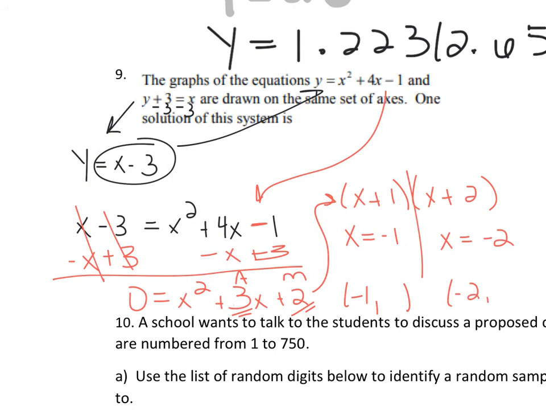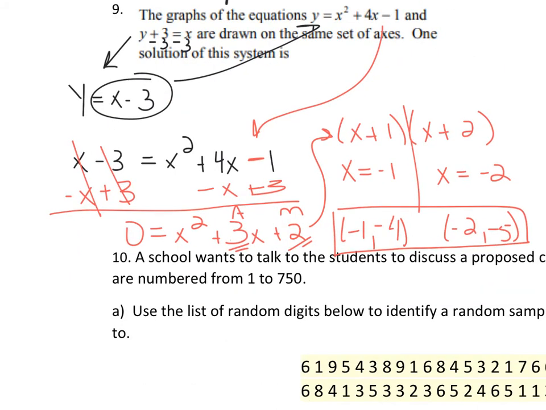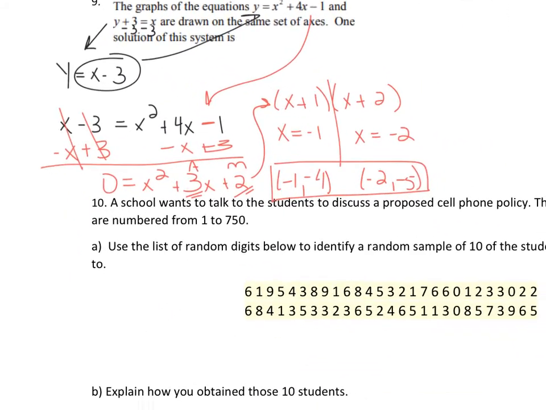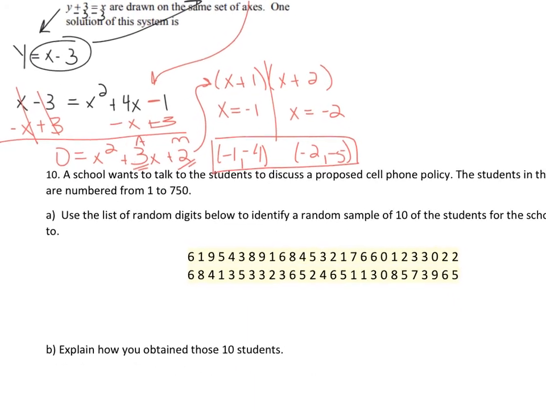And I do that by plugging into one of the equations. The easiest one to plug into would be right here. So if I plug in -1 here, I'd have -1 minus 3, which gets you -4. And then if I plugged in -2, I'd have -2 minus 3, which gets you -5. Cool. All right. Okay, so the next question says the school wants to talk to the students to discuss a